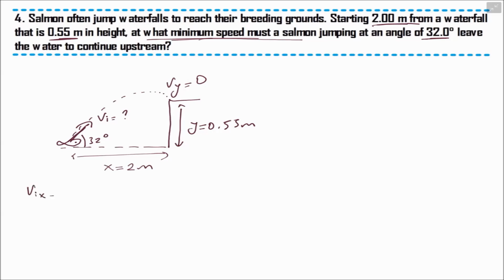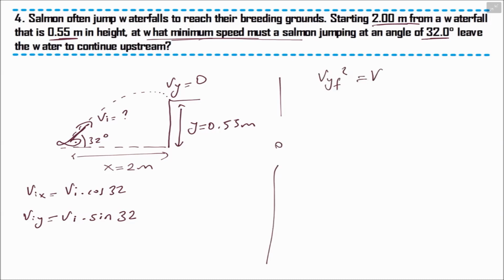V initial x is v initial times cosine 32, v initial y equals v initial times sine 32. So if we use the formula v y final squared equals v initial y squared plus 2gy, the final velocity of the y component will be 0. So if we send it to the other side, and g is negative 10 here, 20 y equals v initial